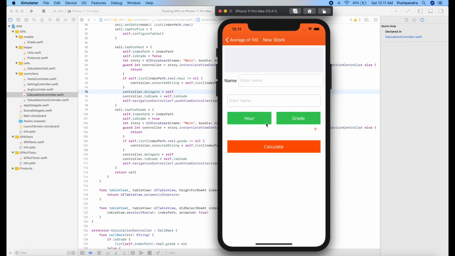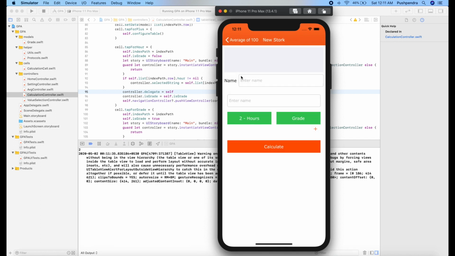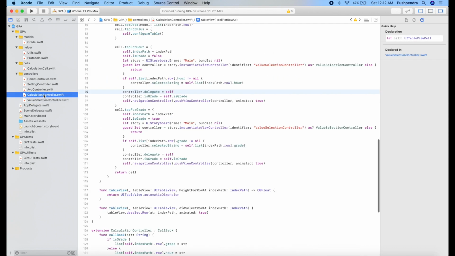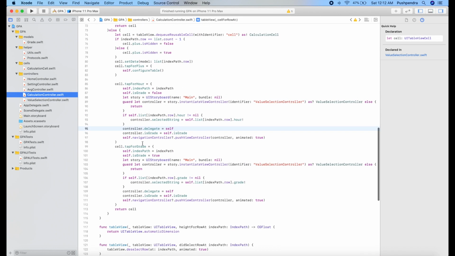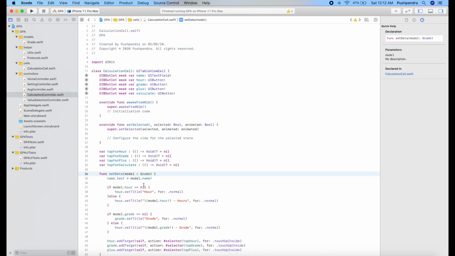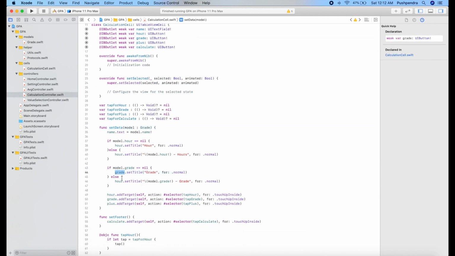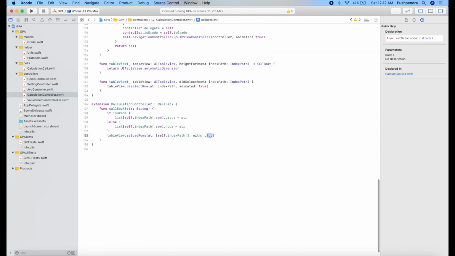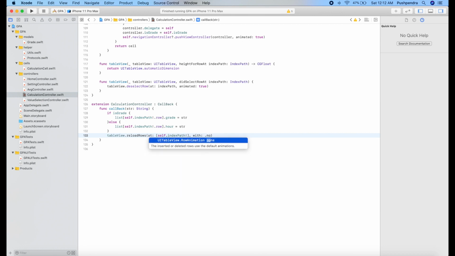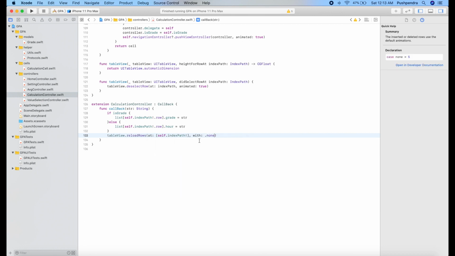Average 100, new stroke hour 4, great. And there is an error coming, grade is not setting. So why is grade not setting? Set data. Okay, we need to replace this button, actually we forgot. Great, so it is fine. And then another error, we will remove this validation, none. Then again we will check.